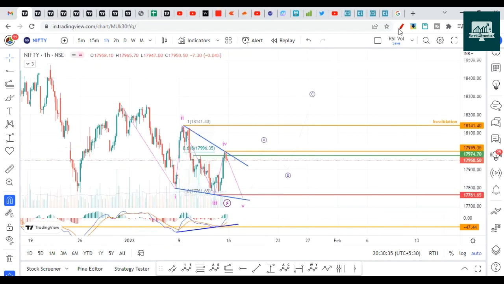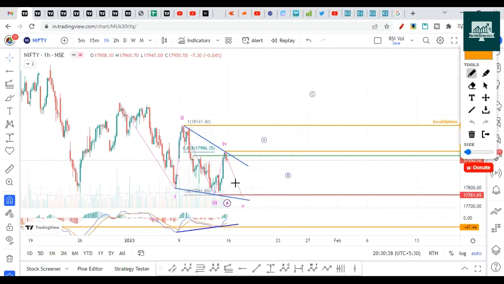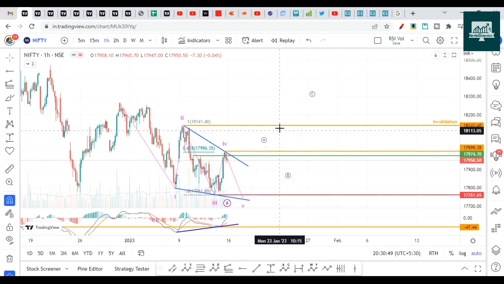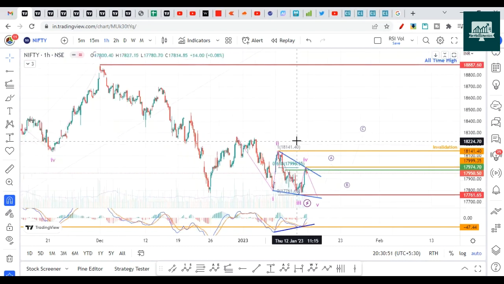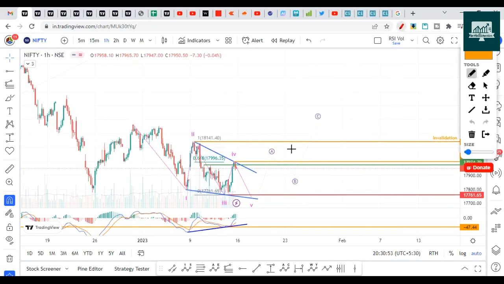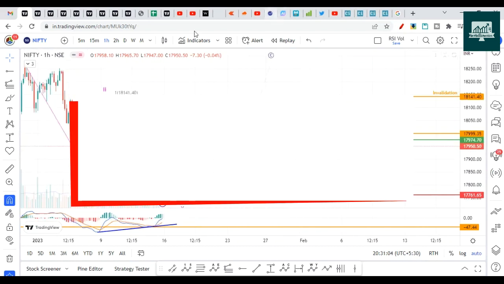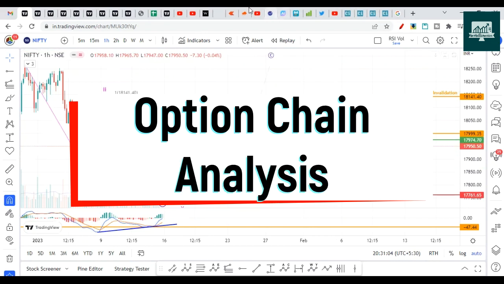So do remember, next week, whatever the last gap is, once it breaks 17,761, we will have a sharp reversal of 200 to 300 points. And yeah, let's move on. Hope it's very clear, and it will take 2 to 3 sessions to break this. And then I think on Thursday and Friday we should start the pullback waves. So let's see the option chain now and understand what is happening here.